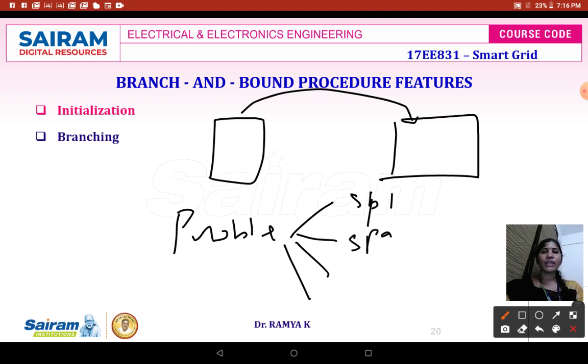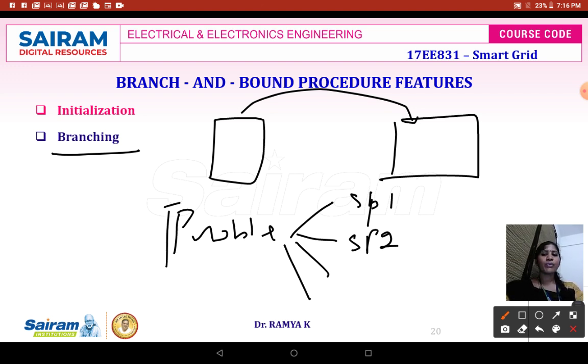Branching will identify the steps involved in developing sub problems by fixing the binary values either at 0 or at 1, or by choosing the first element in natural ordering of the variable as your branch variable.